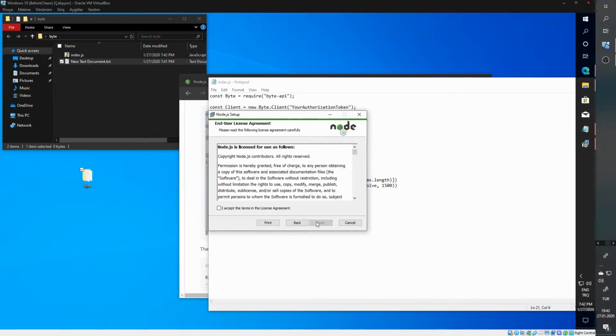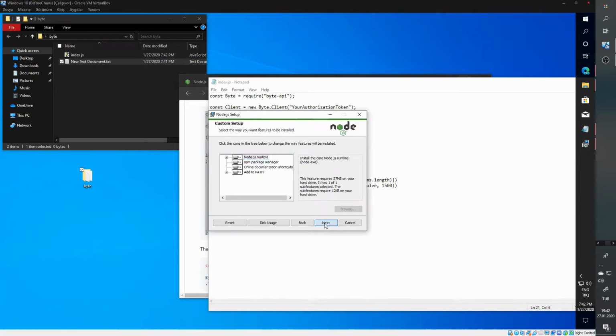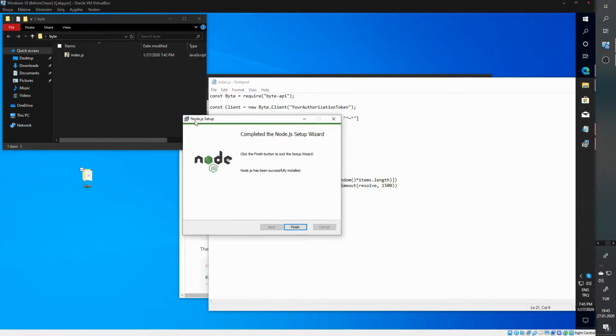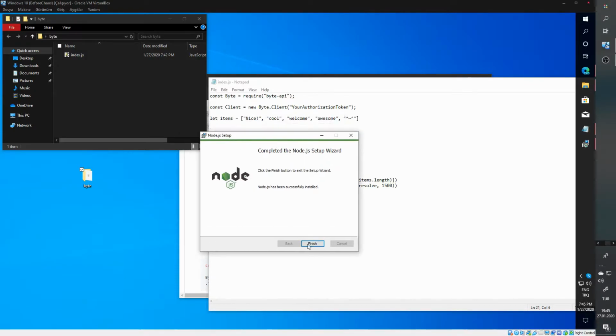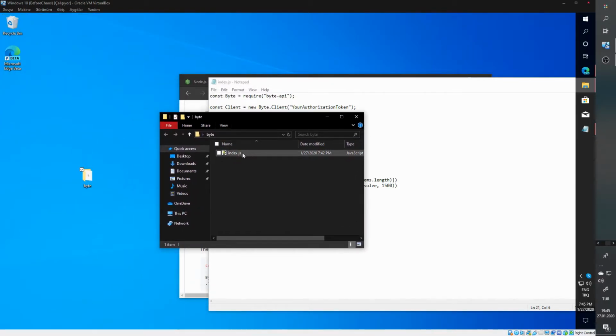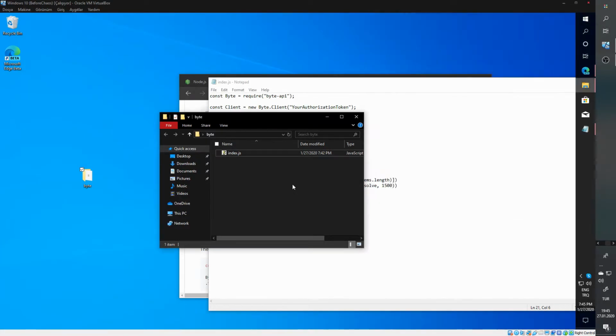You could just click next on every step, it doesn't really matter. There is no important step here. Okay, so you should click finish when it is installed. So this is our file manager here, and we have index here. You can either go ahead and launch CMD from here and do CD, but it just takes a longer time. So you'll click here,